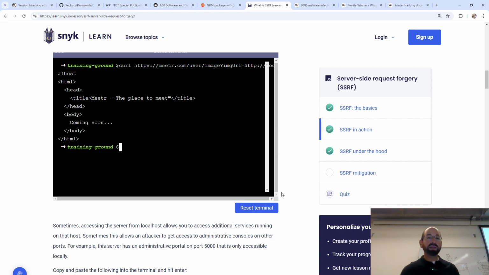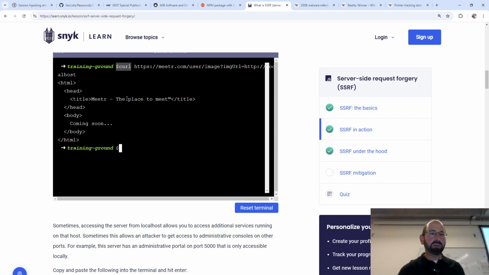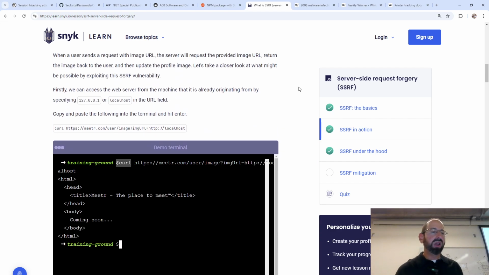So what happened in this example, you have a curl request. We were playing around with wget, but it's a similar concept. We're wanting to grab a web resource. This is akin to opening up a web browser and doing a GET request at this particular URL. And in this case,